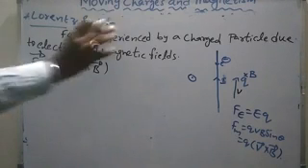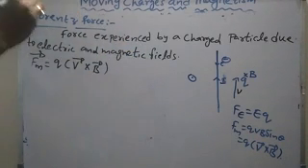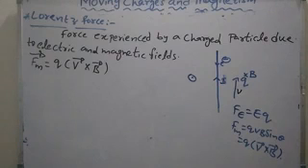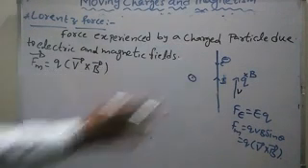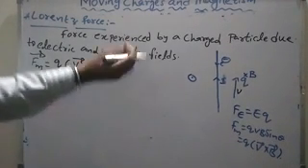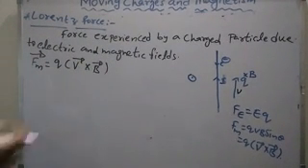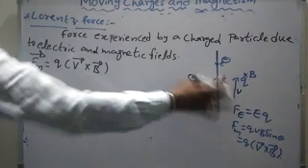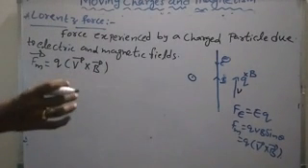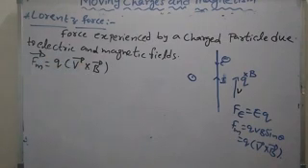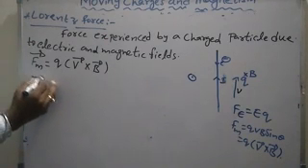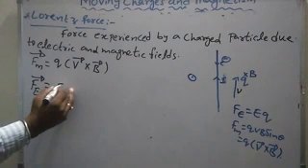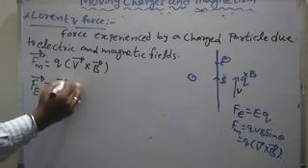That charged particle, whether it is at rest or in motion, definitely produces what? An electric field. When the charged particle is at rest, it produces an electric field. When it is in motion, it produces an electric field and a magnetic field. So the electric force is independent of the motion of the charged particle. Then what is the electric force? How much electric force is experienced by the charged particle? E bar into Q.